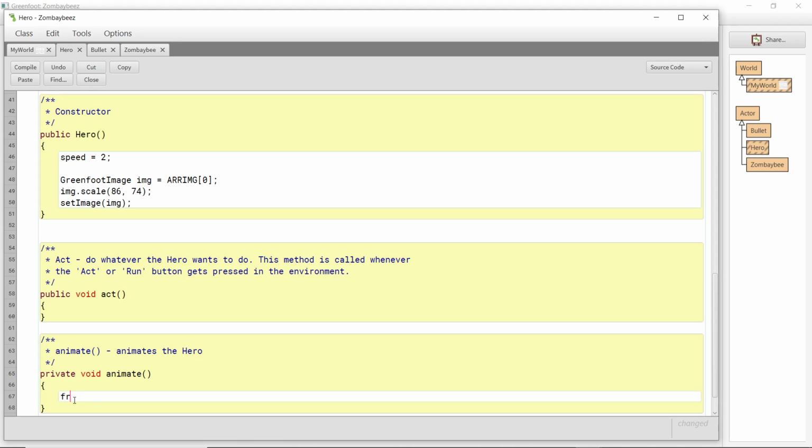I'm going to go frame number plus plus. So I'm just going to increment on the, well, before I do that, sorry, I need to put some logic in here first. So we're going to say, right, if the tick counter, okay, so in the act method, we're going to make sure this tick counter goes up every time. So if that is bigger than the frame rate,